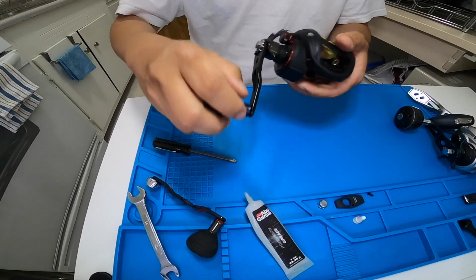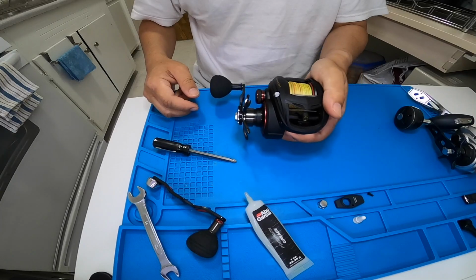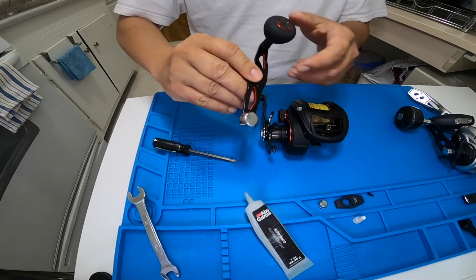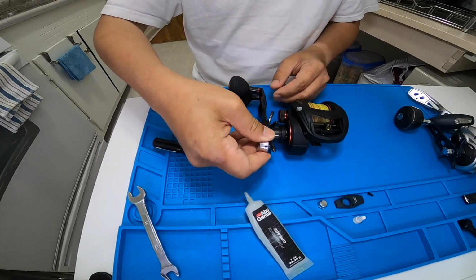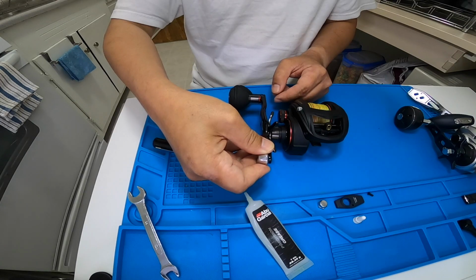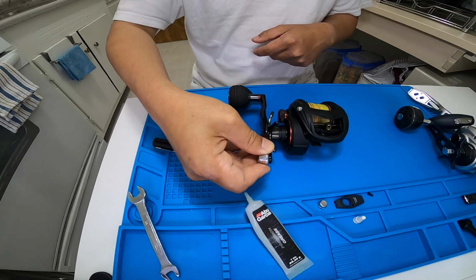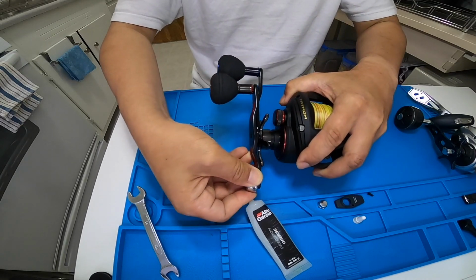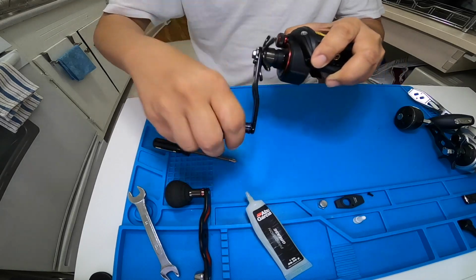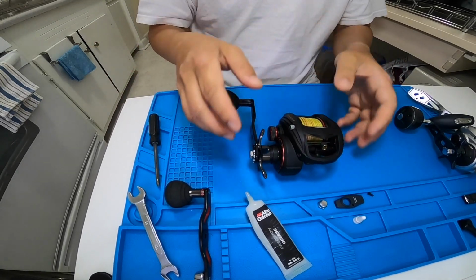There you go. Very nice. That is a jigging reel. See the difference in terms of, it's a big difference lengthwise. The shank, see how long that is? Look at that. Okay. So that will give you more cranking power, especially when you're using heavier jigs. Okay, now